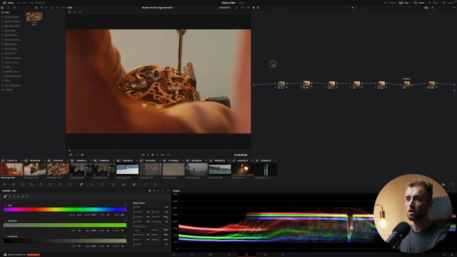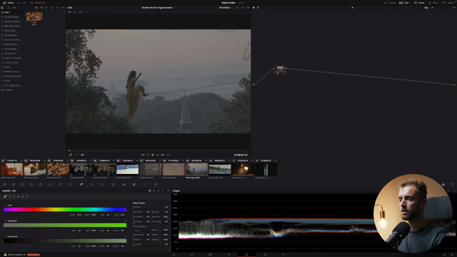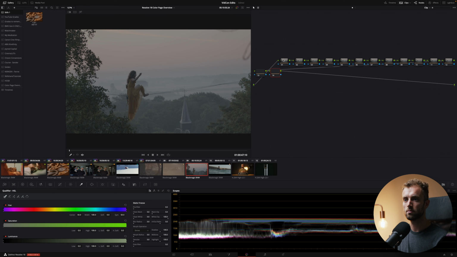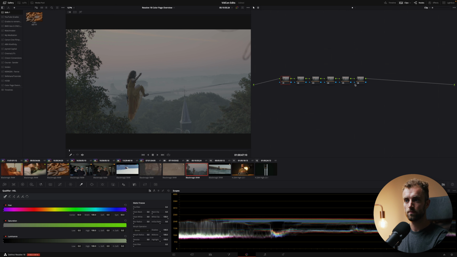Now there's of course a couple different kinds of nodes. Right, let's show this on a clean clip. Here you've got a node. If you want to add in more nodes, Alt S is your friend. Yep, you can make as many nodes as you want, but I usually make about 6 or 7, and I start grading with these. Now, if I want to make an adjustment based on one global adjustment, for example, the color red, I make parallel nodes.